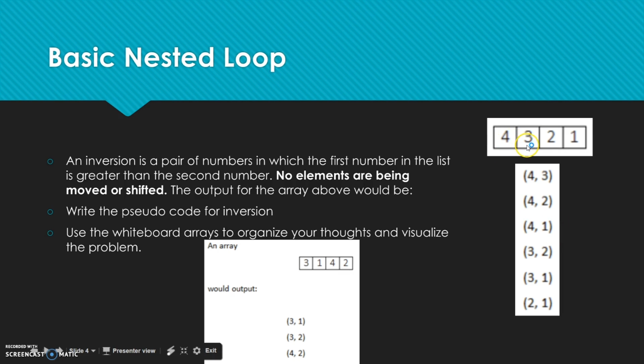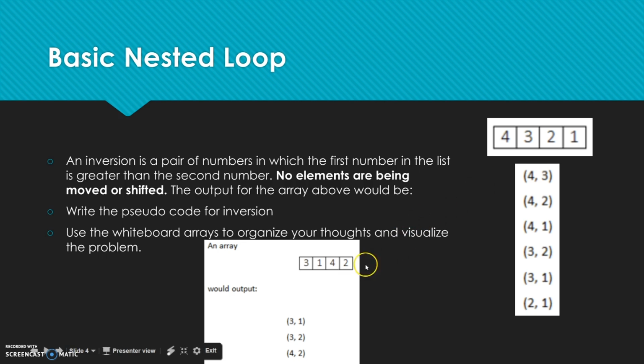Now you go to the next value, 3. And remember, we only want to compare to values after the index. So 3 now is going to be compared to 2. Is 3 greater than 2? Yes, you have an inversion. And so on, right? So hopefully you can see that this has inversions for every pair. So this is a fully inverted